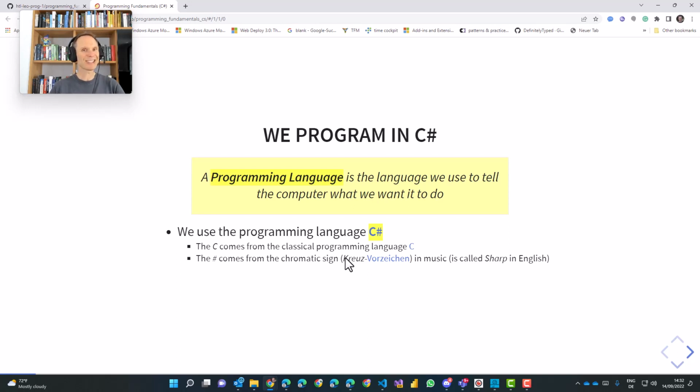And because it's not C, but a development of C, the inventors of C# thought, hey, it would be nice to keep this letter C and indicate somehow that this is a language of a higher abstraction level. You see, C, higher, C#, makes sense, right? If you play a musical instrument, you know what I mean. So remember, C# is a C family language, and this is why the name is as it is.